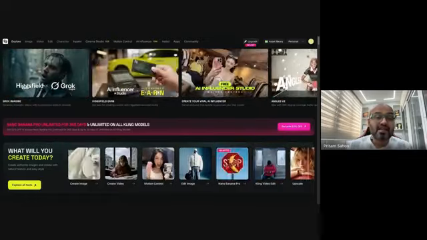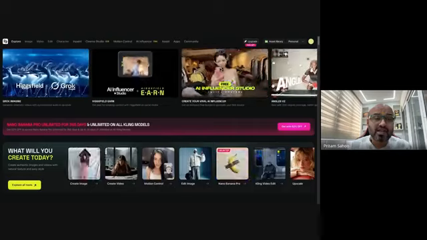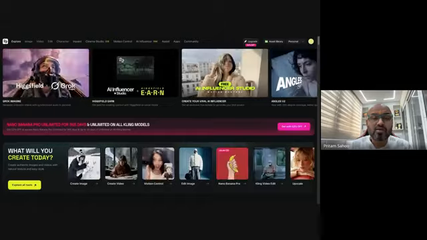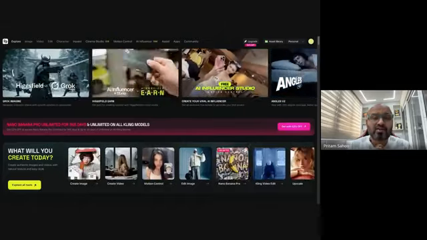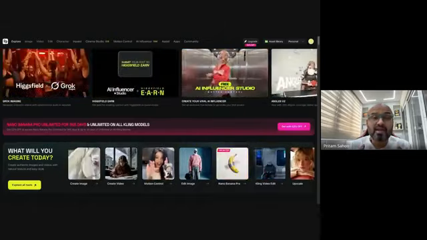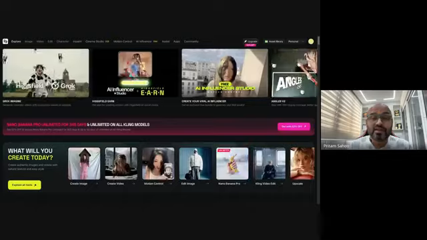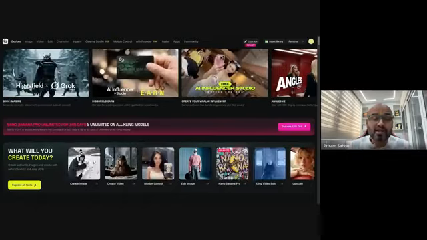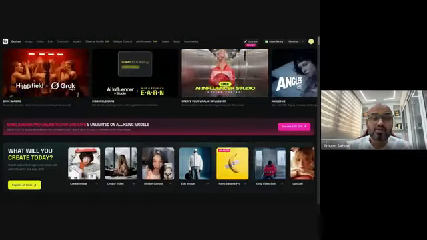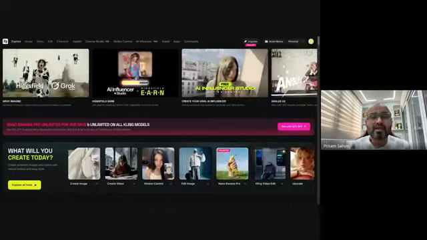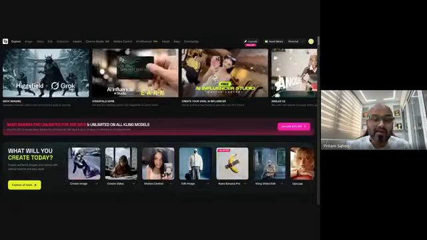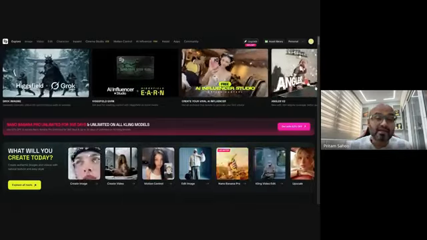And let me say this clearly: AI video is about to cross a line. Not a small upgrade, not another cool demo. I'm going to talk about the moment AI stops being a toy and starts becoming a real production system with Kling 3.0. If you are a creator, marketer, educator, or entrepreneur, you are about to see what is going to completely change how you make content in 2026. A fully cinematic AI pipeline, and it's already breaking the internet.